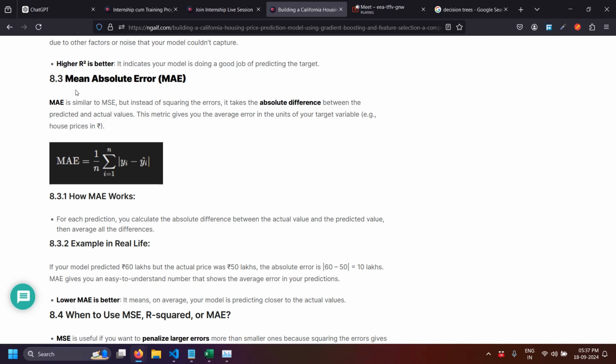Mean absolute error, MAE, is similar to MSE, but instead of squaring the errors, it takes the absolute difference between the predicted and actual values. Let's see the real world example. If your model predicted 60 lakhs but the actual price was 50 lakh, the absolute error is 60 minus 50,